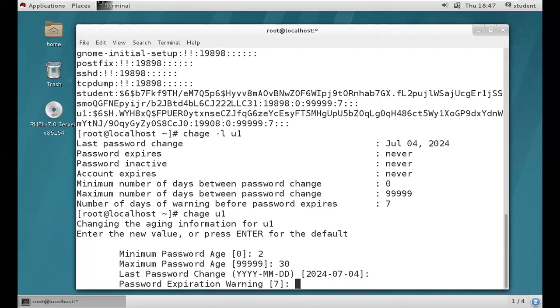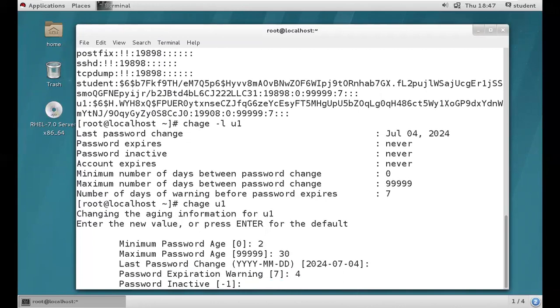If you want, you can change. Maybe if you need to consider from the day after tomorrow, you can give the day after tomorrow's date there. Right, guys? So the password expiry warning will have 7 days by default. Okay, I'm going to keep 4 days. If I get the warning message 4 days before, that's enough for me. Got it, guys? If I get the warning message 7 days before, maybe I'm going to forget.